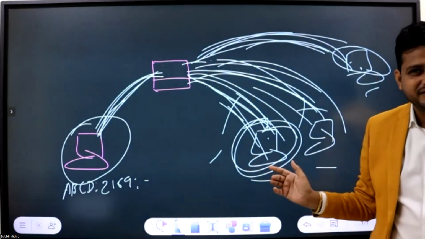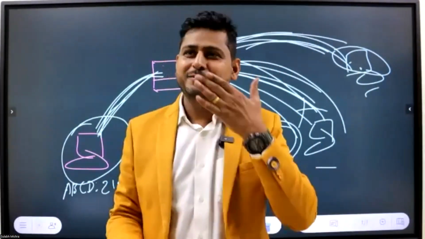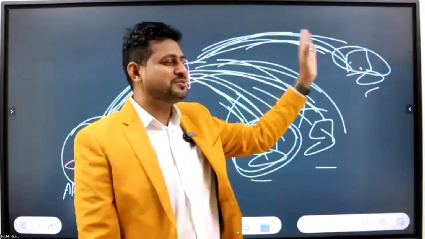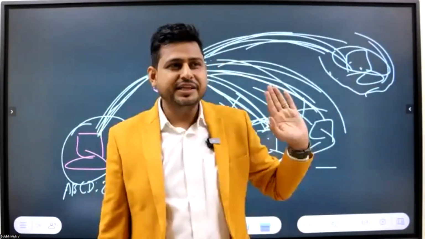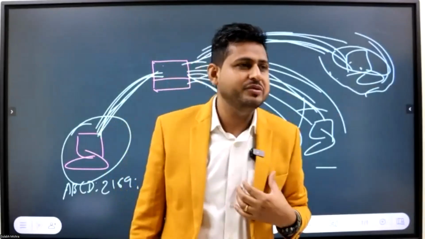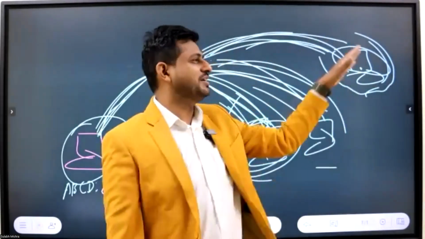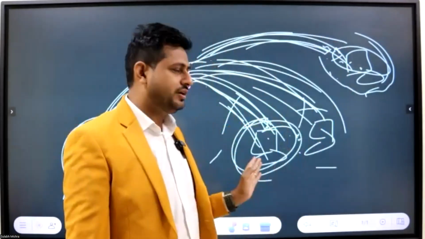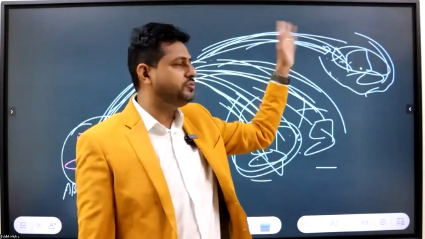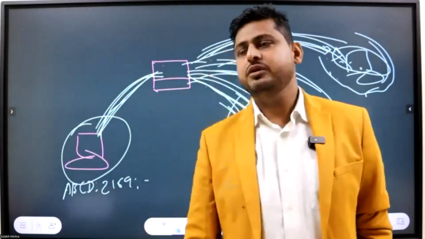The bridge and hubs were dumb devices. They were not aware to which system or device they should send the communication. They were not sending the information personally. They were announcing, who is Ashish, and sending the communication to everyone. It was noise for other systems. It is actual communication for this computer, but noise for other computers. That's the reason bridges and hubs have now been